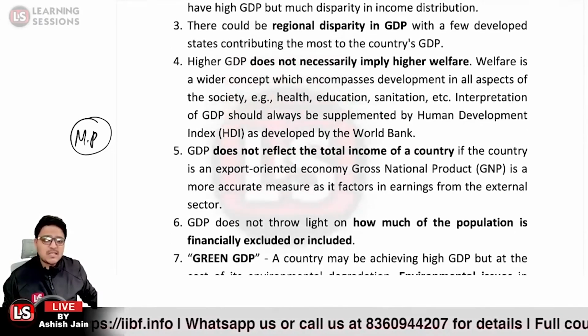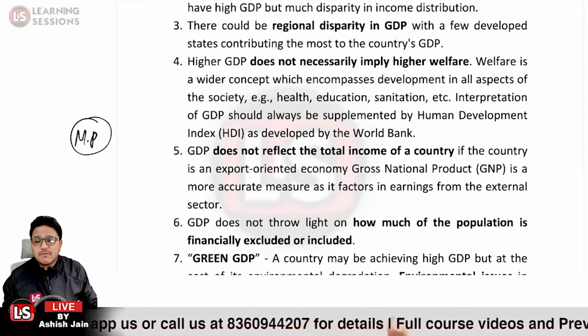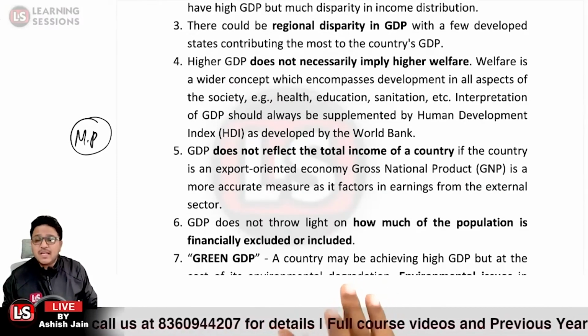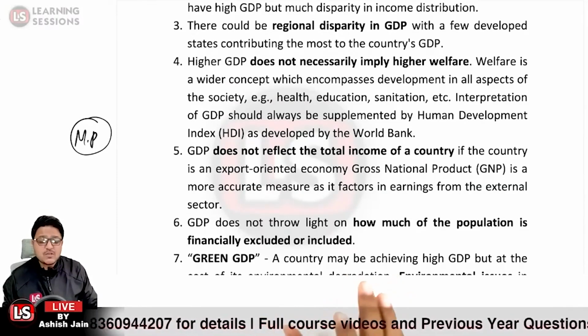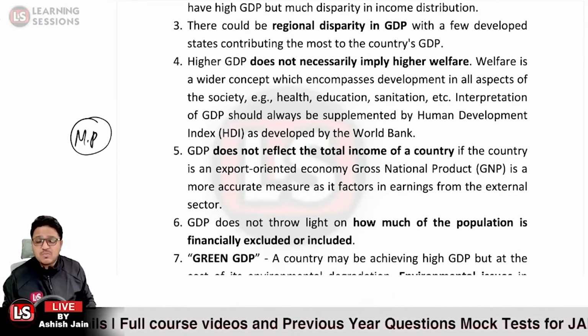Okay, sixth one, it says GDP does not throw light on how much of the population is financially excluded or included. So GDP does not throw light upon that, and also the concept of green GDP must be emphasized,